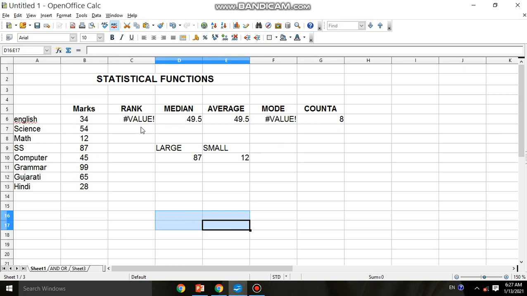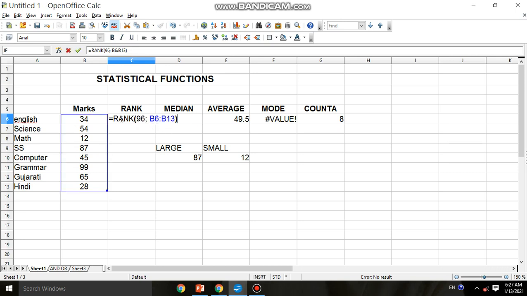Now let's move directly to the rank function. As I have told in the PowerPoint slide, rank is used out of a given range. So 96 marks I have written already, but 96 is not available here. So let me write any number from these marks, then it will give the rank. So I'll write the cell address. You can see the cell address I have written is B6.